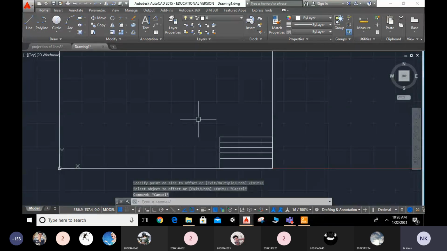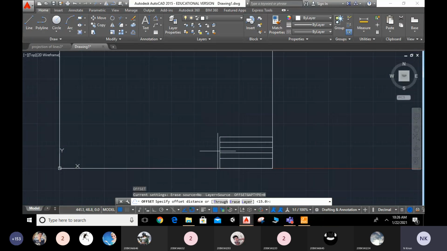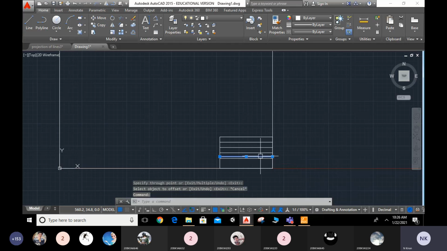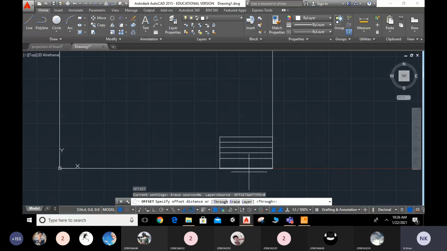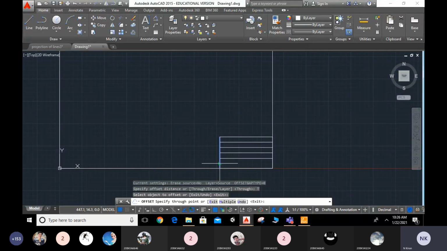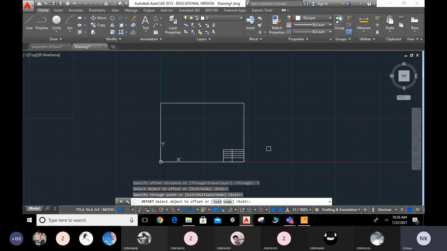Okay, now next I will select offset, O enter. Now I want this line to go somewhere. So I will select through, and I will copy this object. Okay, somewhat it came, delete. Now O enter. Okay, I will select through, and I will select this object. See, if I place it where it is highlighted, it will select like that. Now wherever I want, I can place this one. Somewhere to write your names, I will select this one, and I will press enter. Okay, by this you have completed your